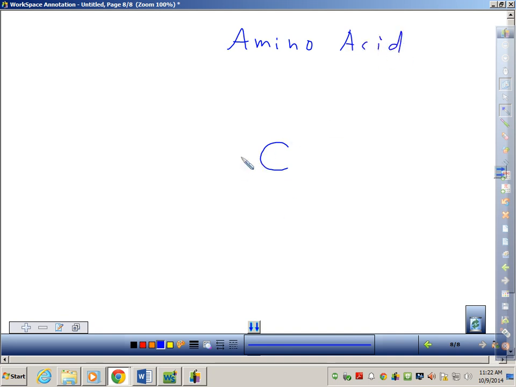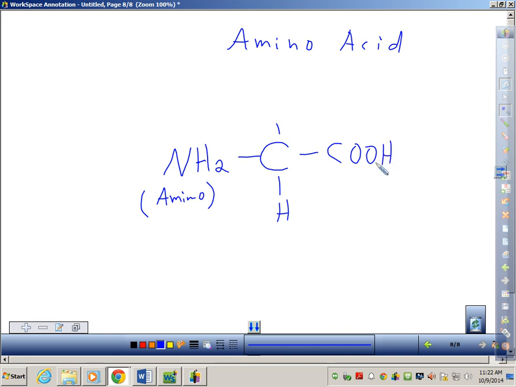And we know carbon likes to bond 4 times, right? One part of an amino acid is called an amino group. It's what it's named after, obviously, right? So this is the amino group. Then there's a hydrogen hanging off here. That doesn't have a special name. This is called the central carbon. And then off to the right is what is known as the carboxyl group. It's COOH.